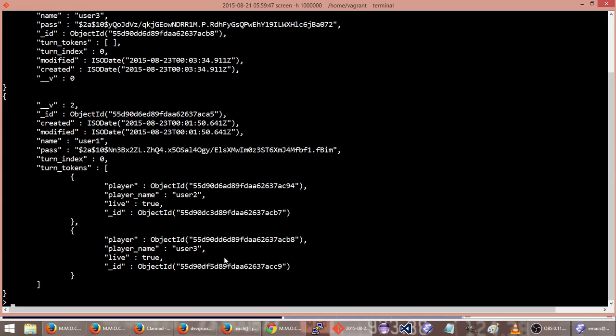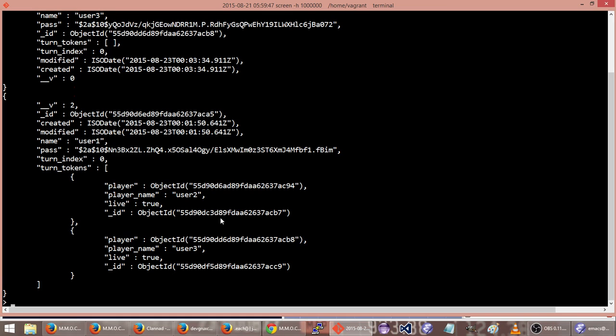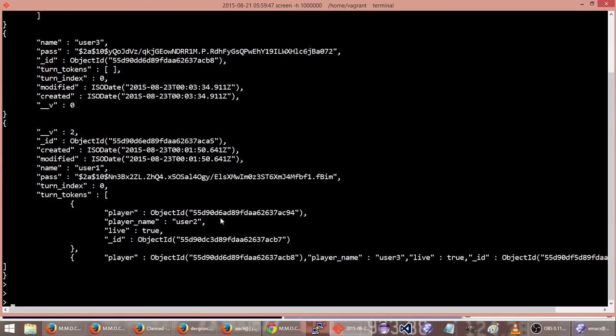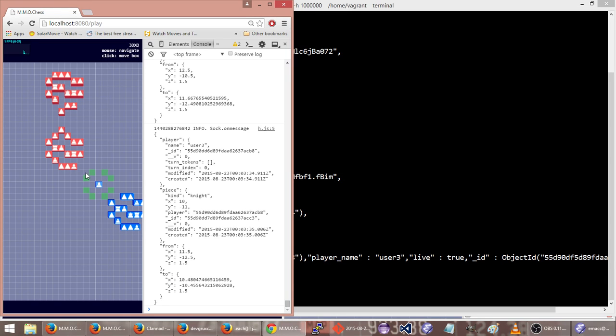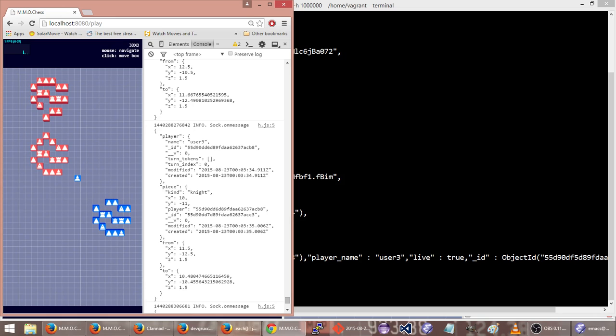So player 3 is right there, and player 1 now has 2 turns they can move. But it's not making one for player 3. I think it's gonna make one for him as soon as